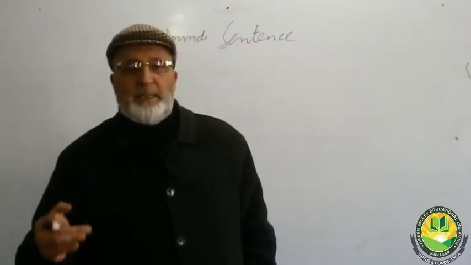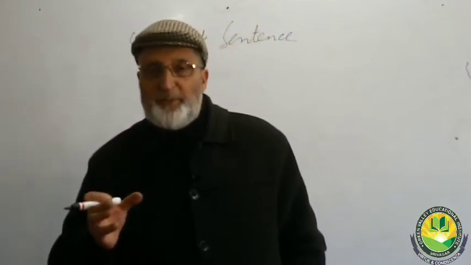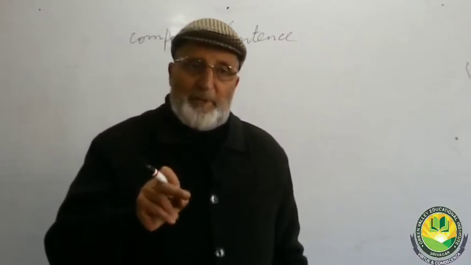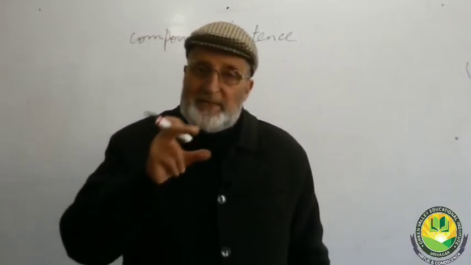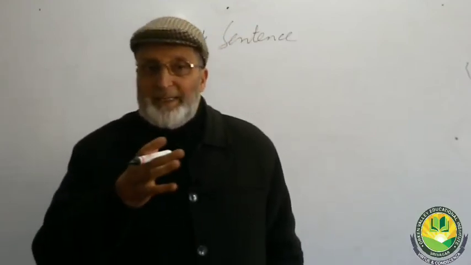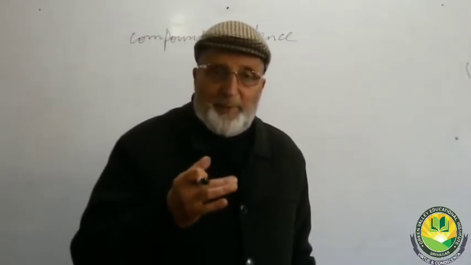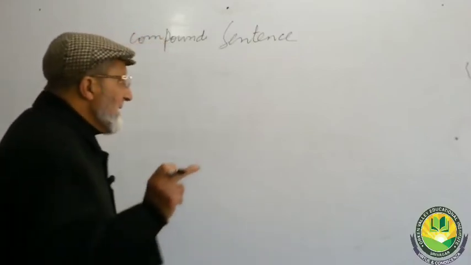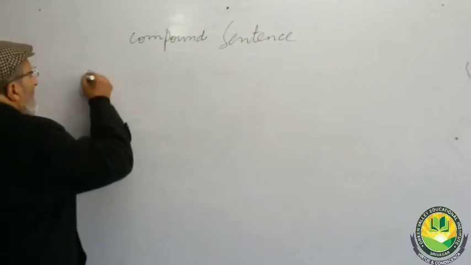But the difference is that while a complex sentence results in the formation of different clauses, only one of which is referred to as principal clause and the others as subordinate clauses, the compound sentence results in the formation of one principal clause and a number of coordinate clauses which are joined or coordinated with the principal clause with the help of link words referred to as conjunctions, and these are number one, and,